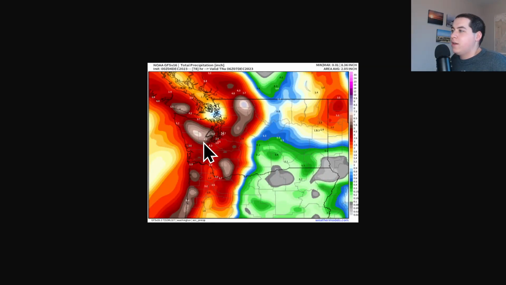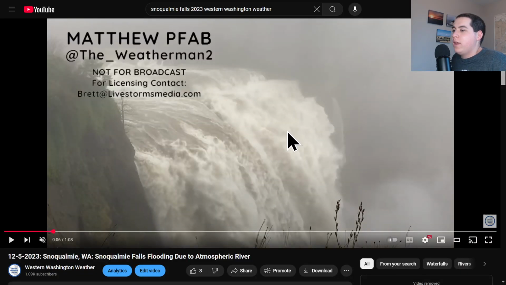And then another thing here, you can see in this forecast how the forecast models pick up on the atmospheric river with not very much rain off the coast, but then you can see the southern slopes of the Olympic Mountains and then parts of the Cascades are wringing out that atmospheric river, wringing it out like a sponge as it lifts over the mountains. It basically squeezes out all the moisture it possibly can, bringing huge rain totals at times to parts of the area mountains here. So then what can an atmospheric river do?